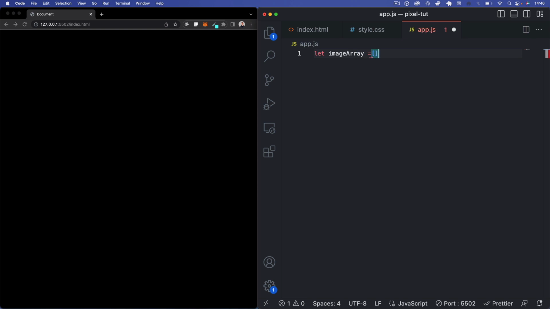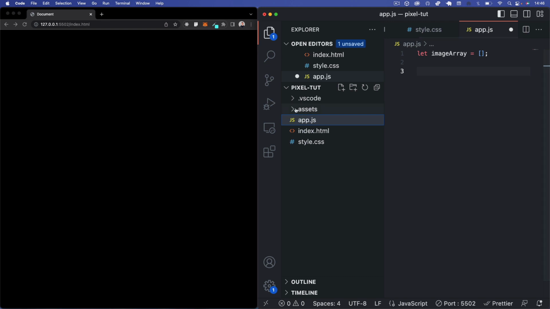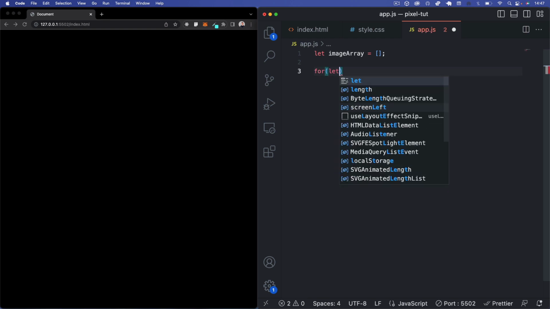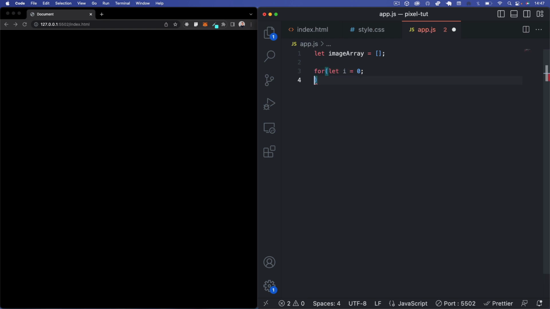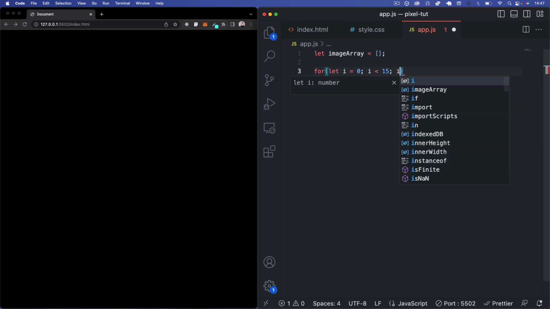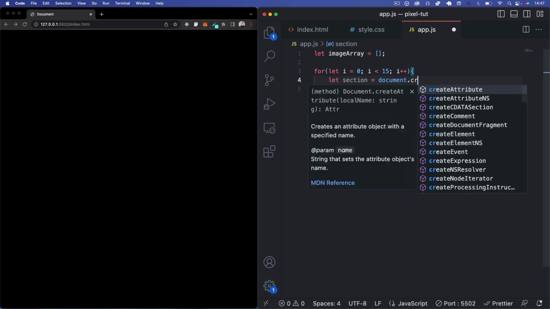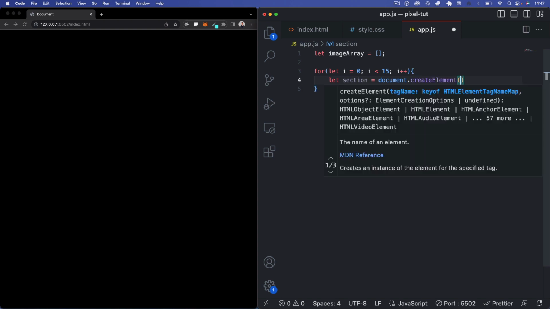And this is just going to contain all of our image instances, our pixelated image instances. And underneath this, the first thing we want to do is grab all of our images in our assets folder and create the sections and append them to the document. To do that, I'm just going to do a for loop here. So let i equal 0, and whilst i is less than 15, because we have 15 images, I'll say i++, and then here I'm going to say let section equal document.createElement, and we'll create a section here,